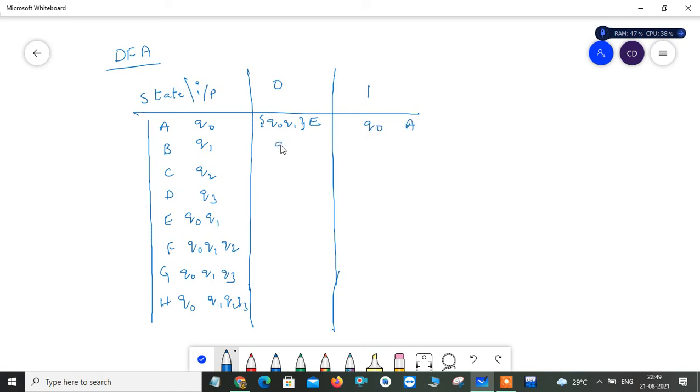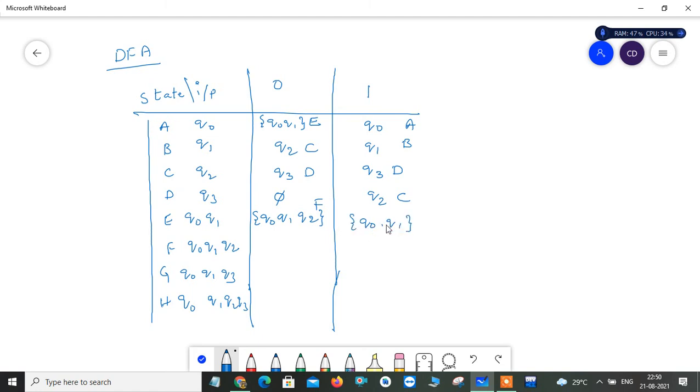For Q1 Q2, Q2 is renamed as C. Q1 is renamed as B, and for Q2 we have a transition to Q3, which is renamed as D, and here also Q3 is D. For Q3 there is no transition with 0, and Q2, so there will be a transition with this one, so this will be C. And from Q0 Q1, we are finding with 0. The thing we get is Q0 Q1 Q2. This state we simply represent with F. Okay, and then here we have Q0 Q1.